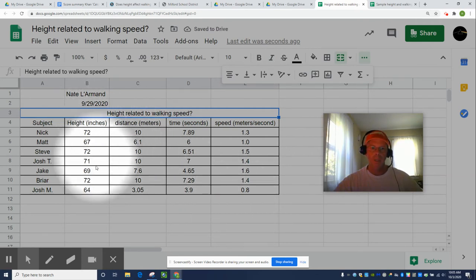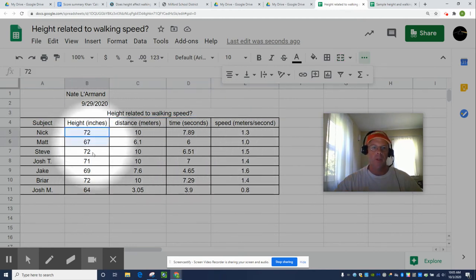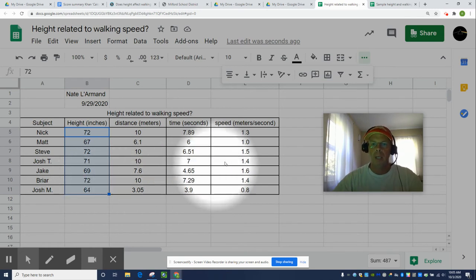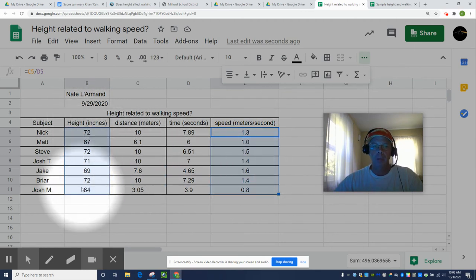What I want is to see if there's a relationship, a mathematical pattern in between height and walking pace. That's the objective of the experiment. So you highlight the independent variable data, that is from 72 down to 64, hold control, CTRL, and then highlight the dependent data. This is the Y data. So it's just like an ordered pair. X is on the left, Y is on the right. Hit insert, hit chart,